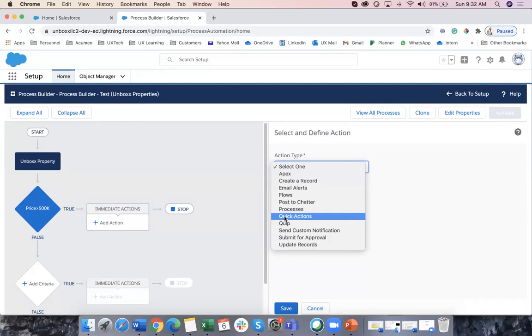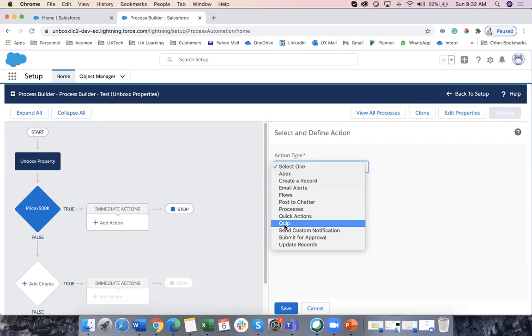Quick actions are like if you want to make a call, send an email, add an activity, add a task. So you can do some of those. Quip is another extension, which is more like WordPress, but again, it's a documentation solution within Salesforce. It can track changes, but it comes as a separate license. So if you have that license, or if your client has bought the license and they want to